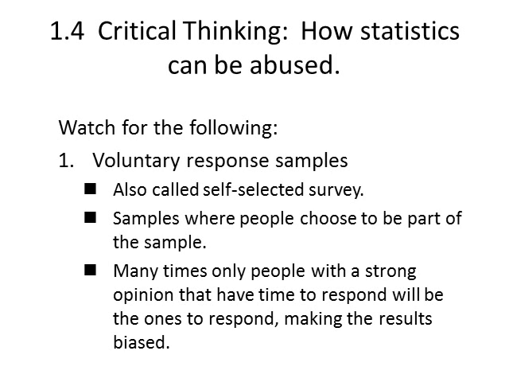One of the ways that statistics can be abused is when individuals who are conducting the research use voluntary response samples. So we've all been walking in the mall and we've walked past those people that try to grab us and get us to participate in a survey. That is a situation where it's a voluntary response. It's also called self-selected, and so they don't always get a really accurate sample of the population in those because many people can't participate. So samples where people choose to be part of the sample are voluntary, and the problem